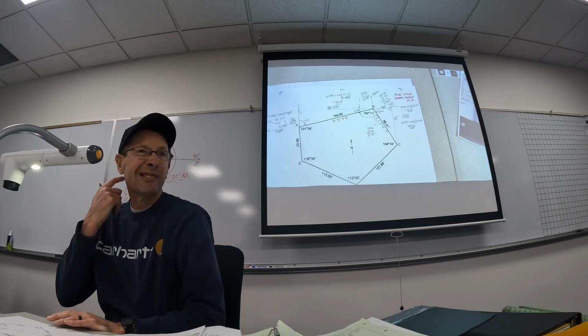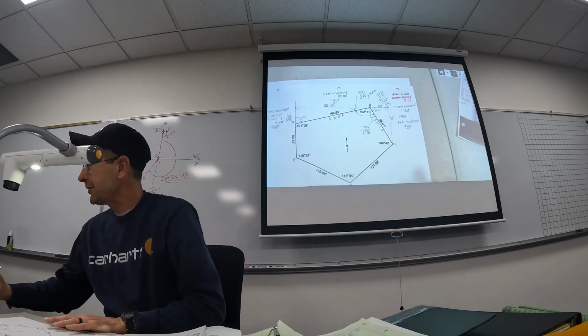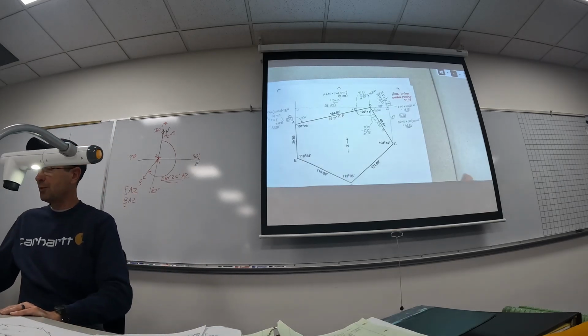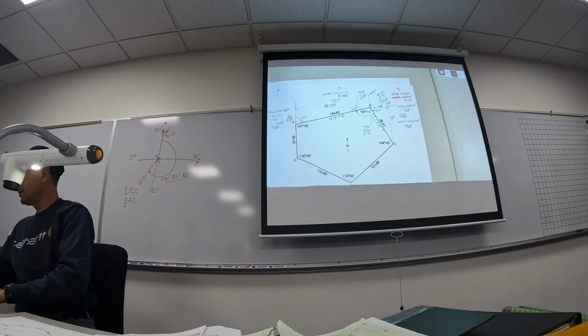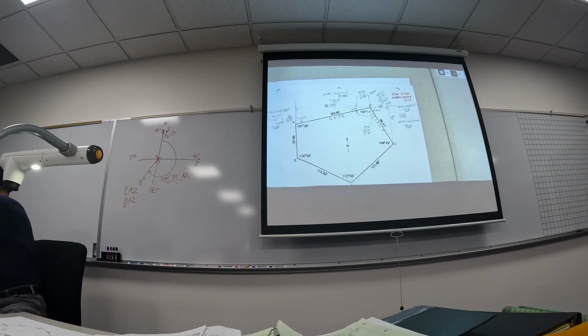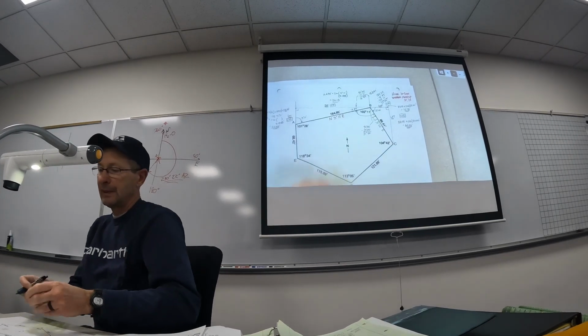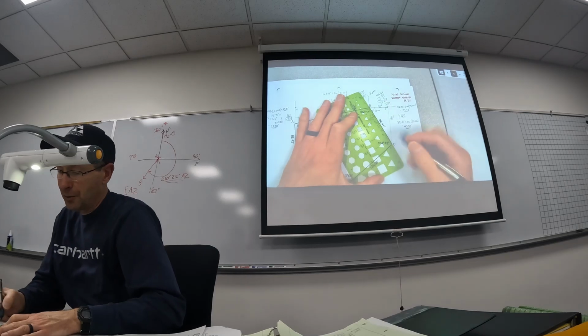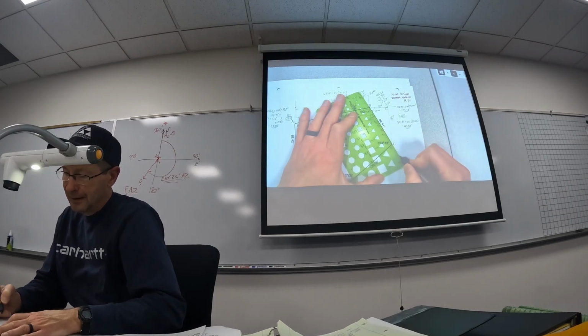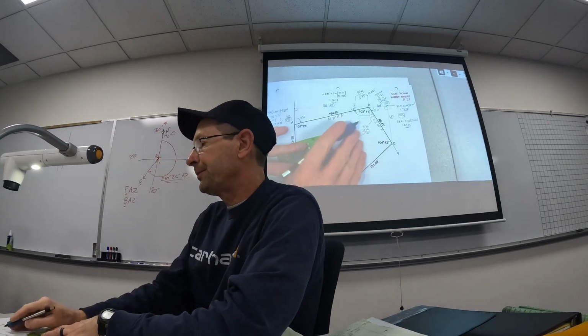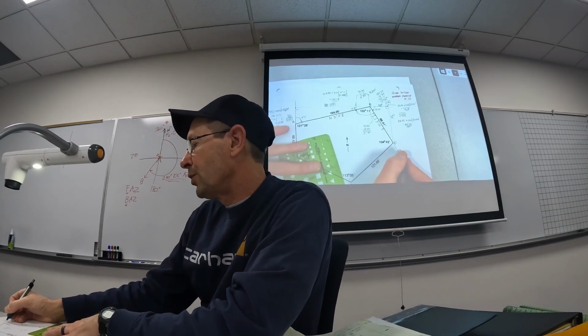What's its azimuth? 180 minus 31. What do you get when you do that? 149? So here's what we're going to do. That is our azimuth, right? If we were to say that this 149